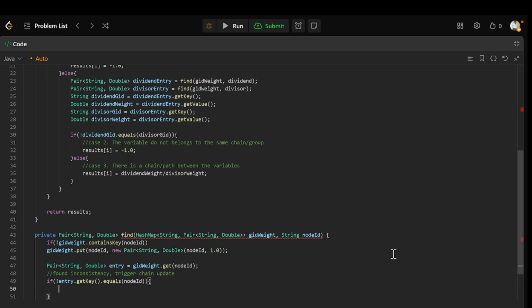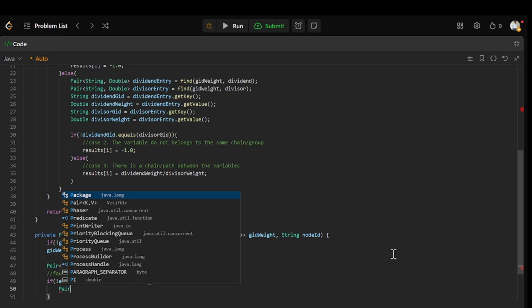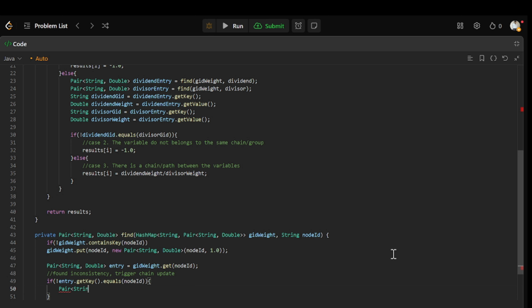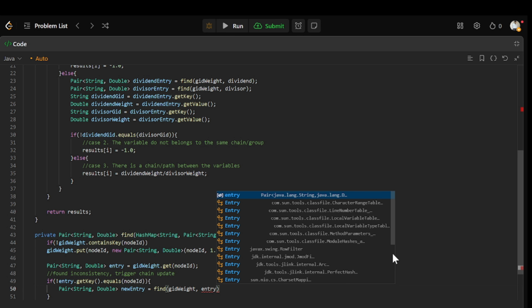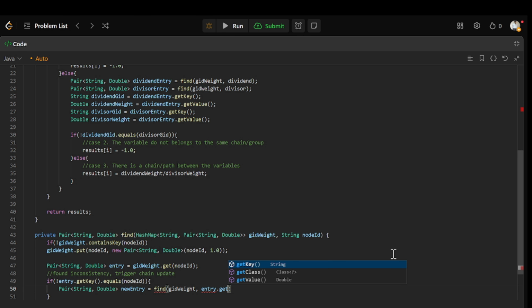Then what we will write here, we'll write a pair, right, we'll create a new entry as a pair of string and then double, and this is nothing but new entry equal to find gid weight and then entry dot get key,